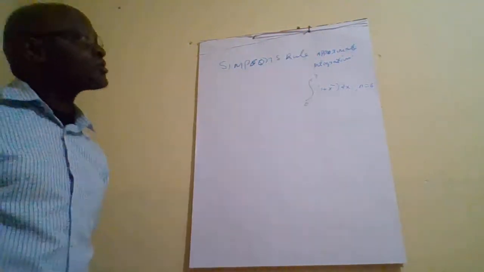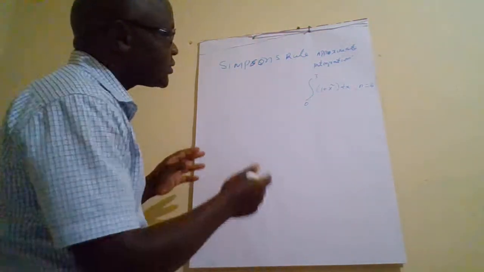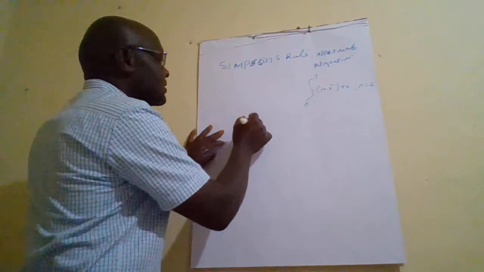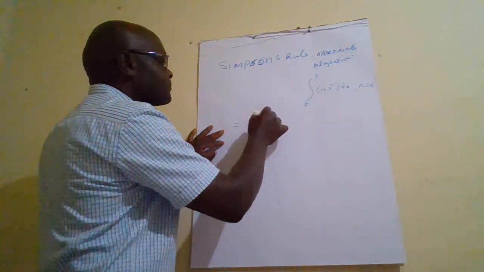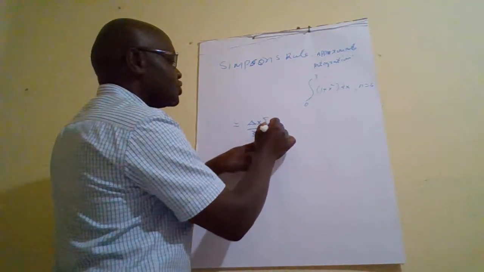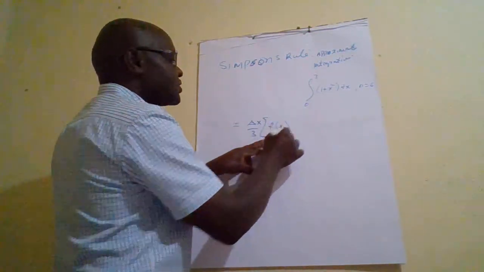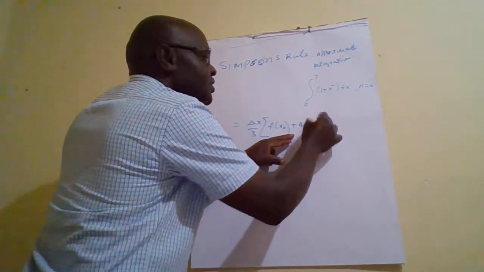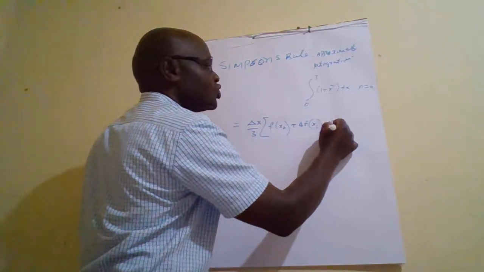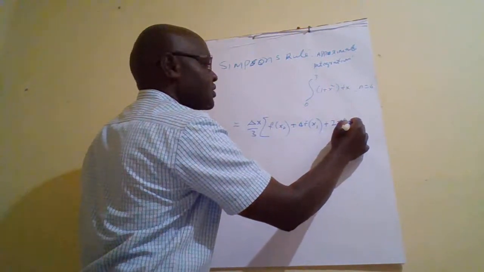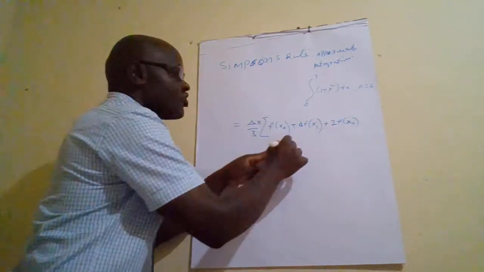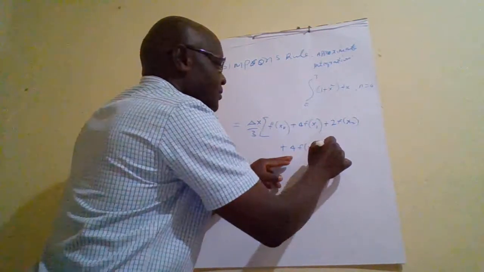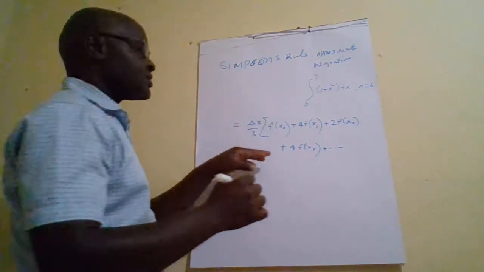Simpson rule, approximate integration. Simpson rule, which is approximate for integration, is approximately given by the h over 3 into f of x0 plus 4 f of x1 plus 2 f of x2 plus 4 f of x3 plus, it continues like that up to